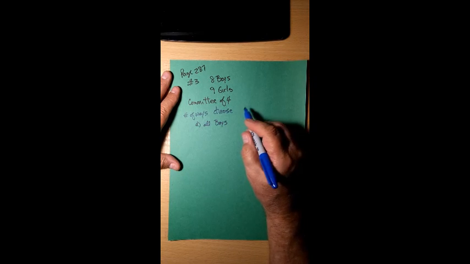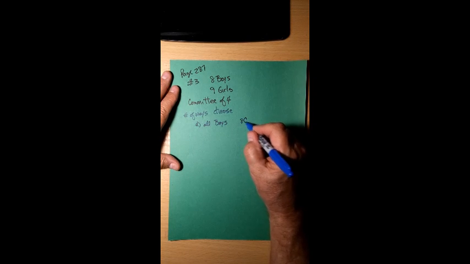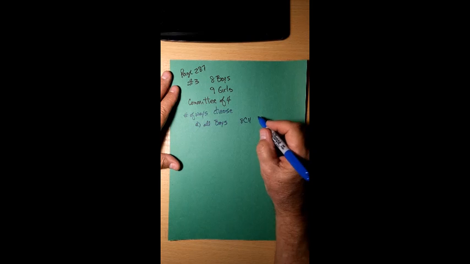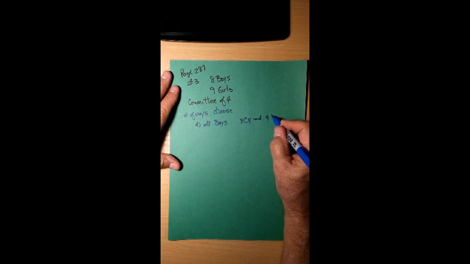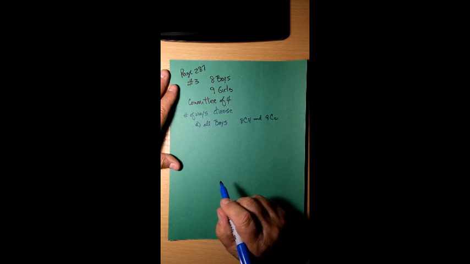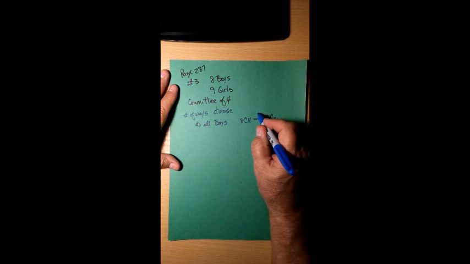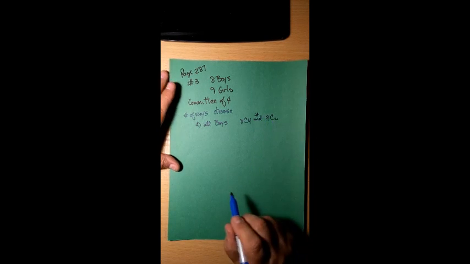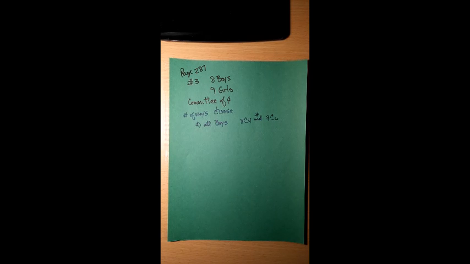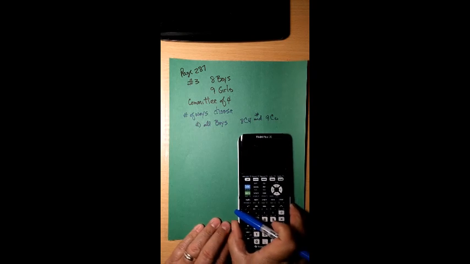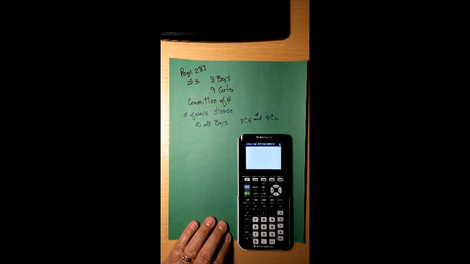So all boys means there are 8 boys, choose 4, and 9 girls, choose 0. Whenever you see and, almost always in mathematics, it'll mean multiplication. And really it goes back to that idea of a tree. Now, if we do this together, we have